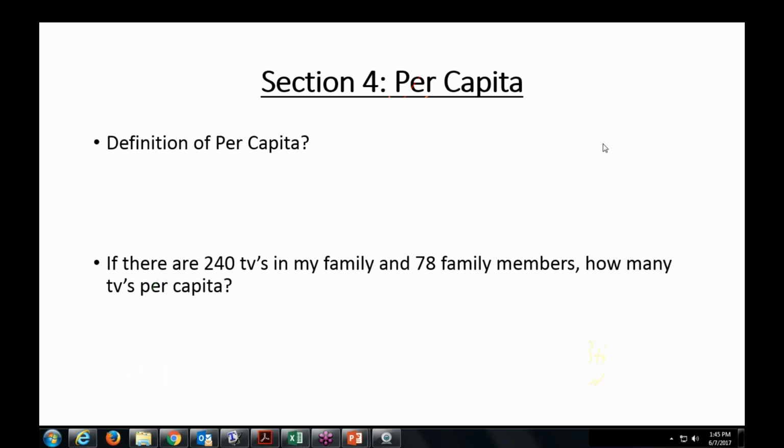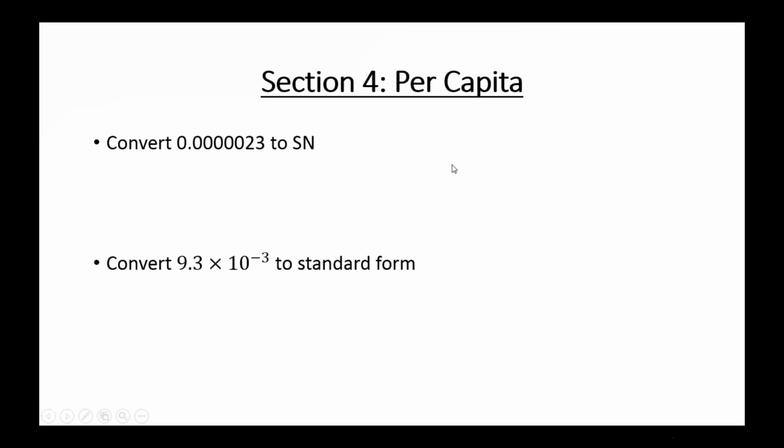Okay, while we're in section 4, we come back to scientific notation, but you'll notice now we're dealing with the small numbers. So small numbers because it's less than 1, and a small number because it's got a negative exponent. I'm going to give you guys about a minute. I would like you to do both problems you see here on this page dealing with per capita.